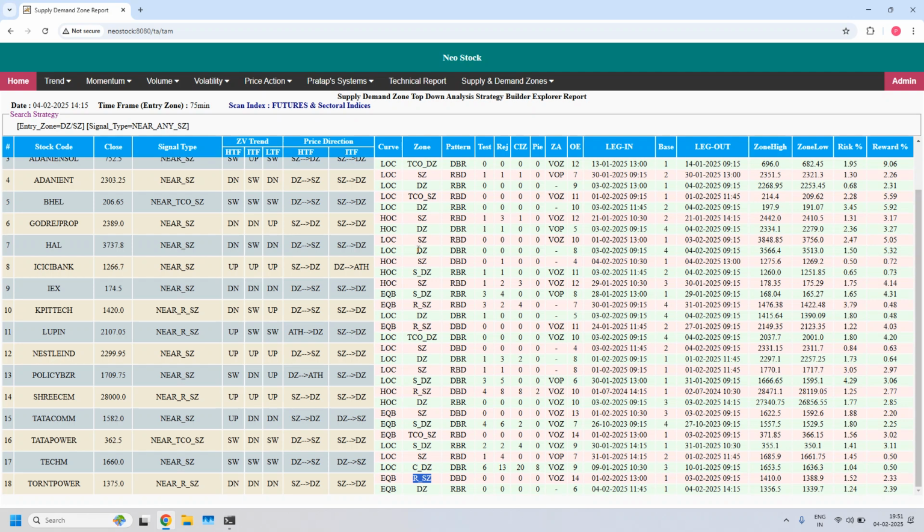Let me check again. KPIT first one, Lupin second one. This is not valid. So total 3. Yeah. We have identified 3 75 minutes high liquidity supply zones from this list. Okay, next